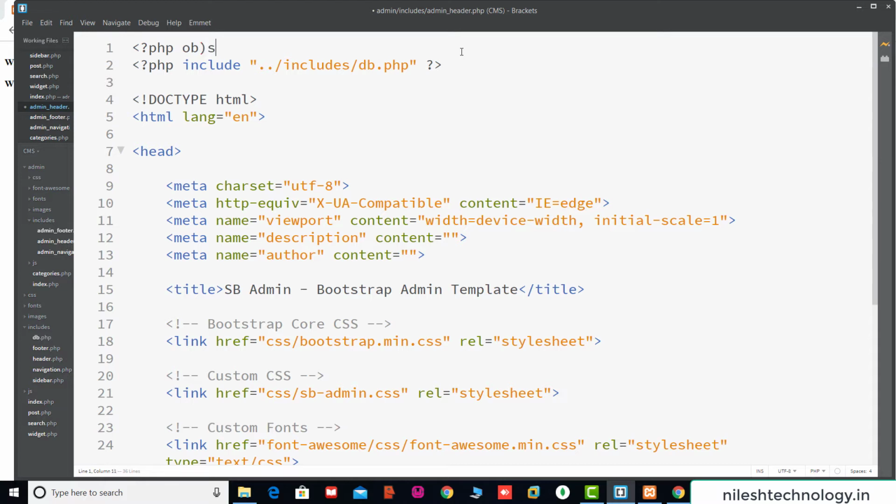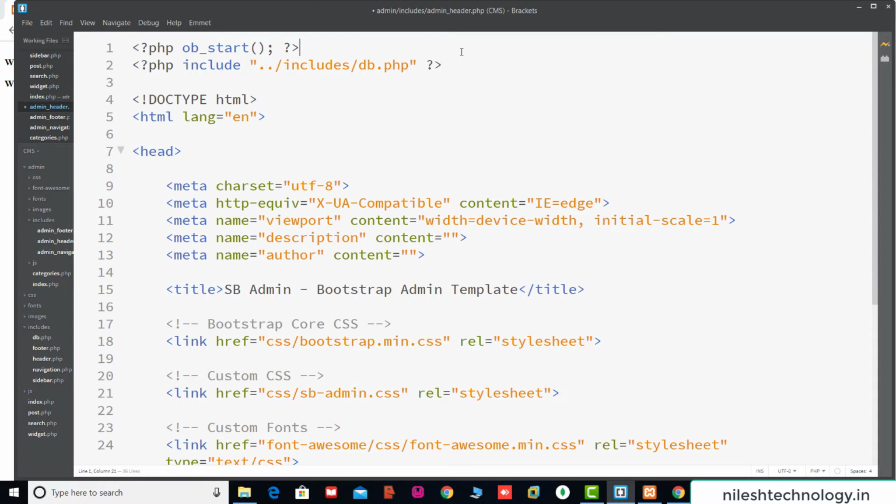Here we call the ob_start function. This is a very useful function in every PHP script. PHP is an interpreted language, thus each statement is executed one after another. Therefore PHP tends to send the HTML to the browser in chunks, thus reducing performance.